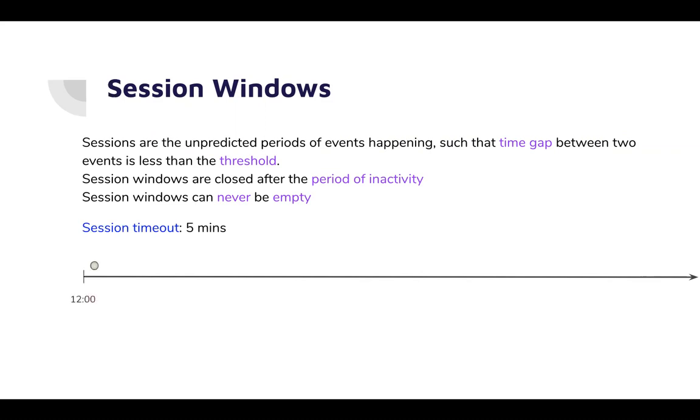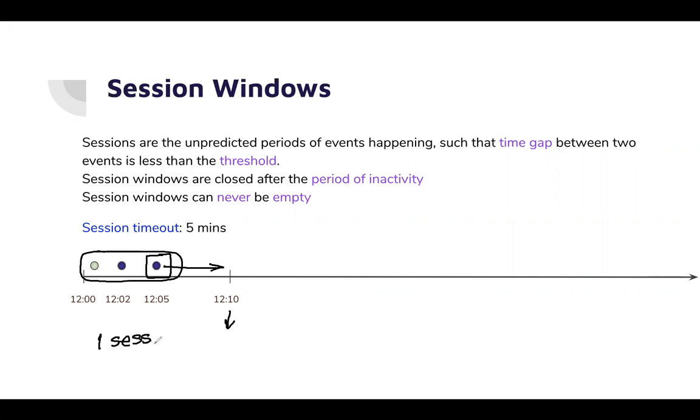A user comes up, a session starts, and the user performs operations at 12:02, 12:05, and so on. As you can see, these activities are separated by less than 5 minutes. And till 12:10, there is no new activity performed. So the last activity performed by the user was at 12:05, and the user has not generated any digital event in the 5-minute interval. So this is the period where we are going to take all the data points generated by the user or by the device and produce that. So this is one session.